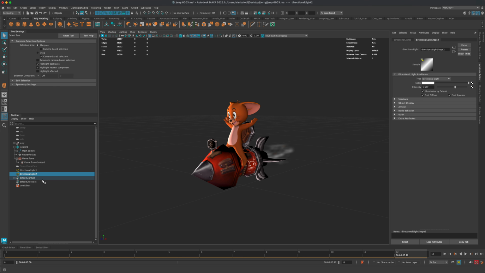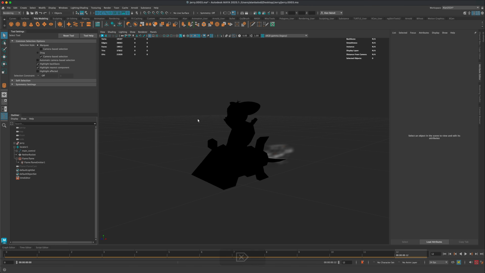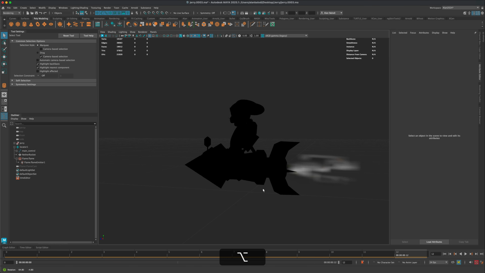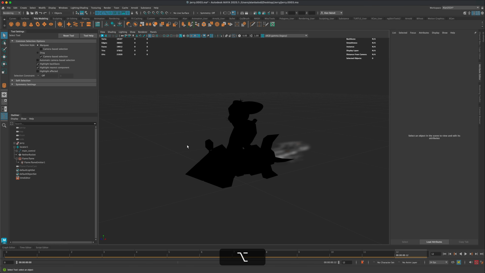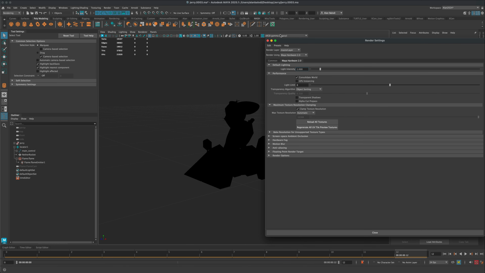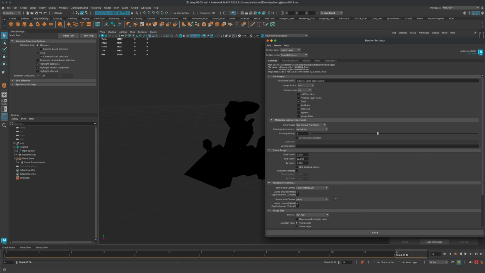So for that, I'm going to delete both of these lights, because this is just for viewport lights, right? So I'm going to delete these, and now there are no lights in the scene, obviously. How do we turn this into Arnold rendering? So the first thing I need to do is go into my render settings, and let's switch the renderer from Maya Hardware 2.0 to Arnold Render,